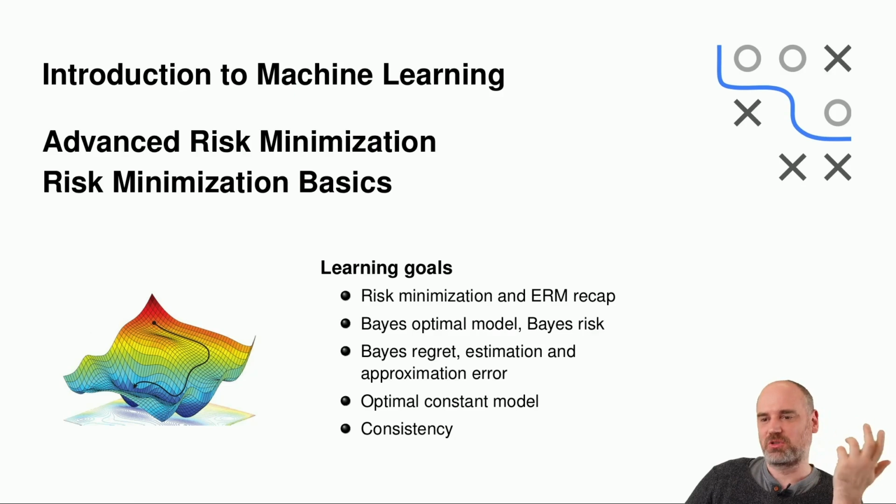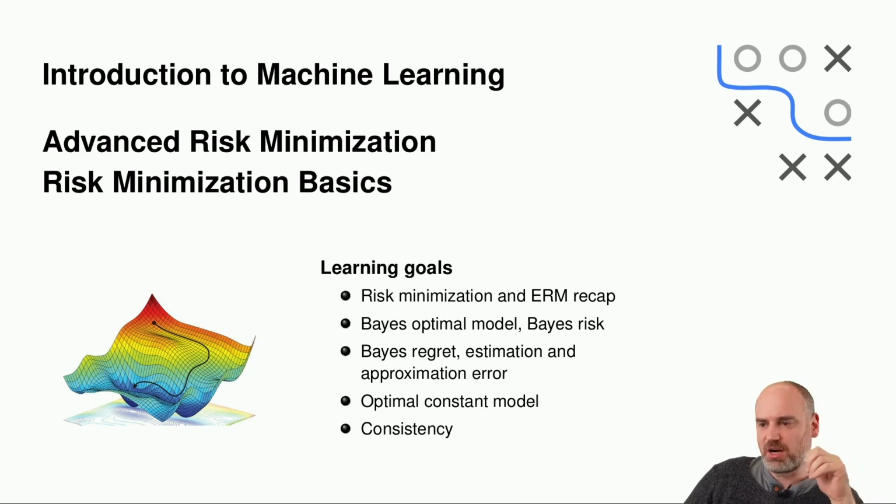Here I'm going to recap risk minimization and empirical risk minimization in a maybe slightly more formal way. We have seen this principle again and again in the previous chapters, but I want to recap it here. Then we are going to do a slight deep dive into this. I'm going to establish a couple of more theoretical concepts, like what is a Bayes optimal model, what's a Bayes risk, what's a risk minimizer, what does population minimizer mean, what's Bayes regret,